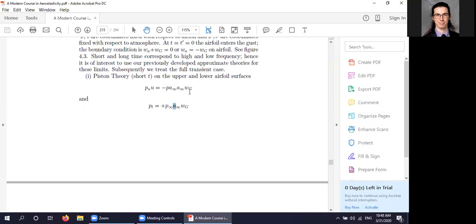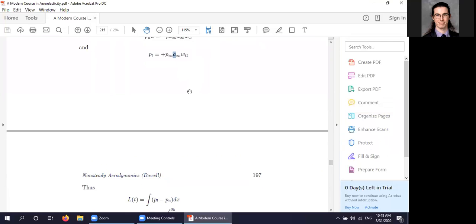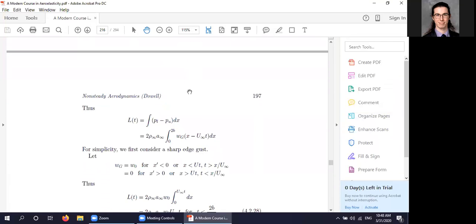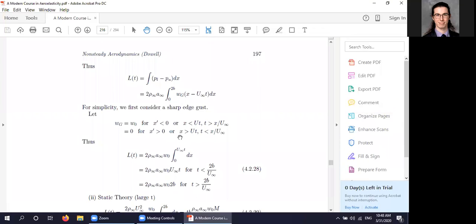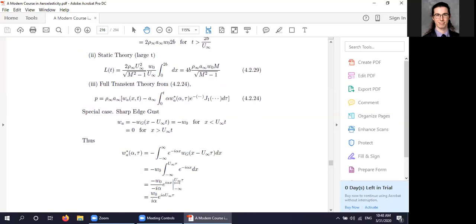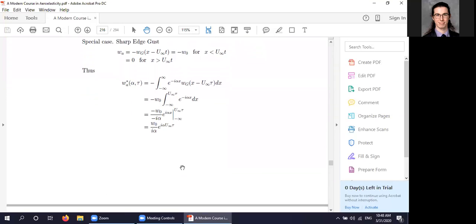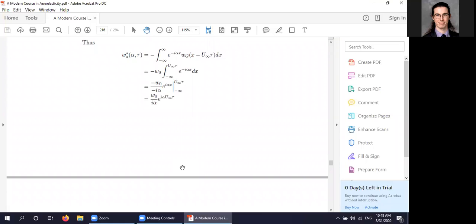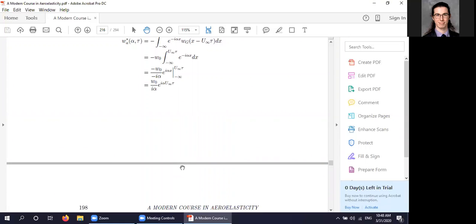That's a lot of typos in that equation. But that is piston theory, and then you can compute the lift due to piston theory, which is a solution for short time, and then you can go ahead and see what happens at large time, and then you can do the full transient theory and work it out just as we worked out the H dot solution for all possible times. So the basic point I want to make to you is that doing the gust problem is, aerodynamically speaking, pretty much the same as doing